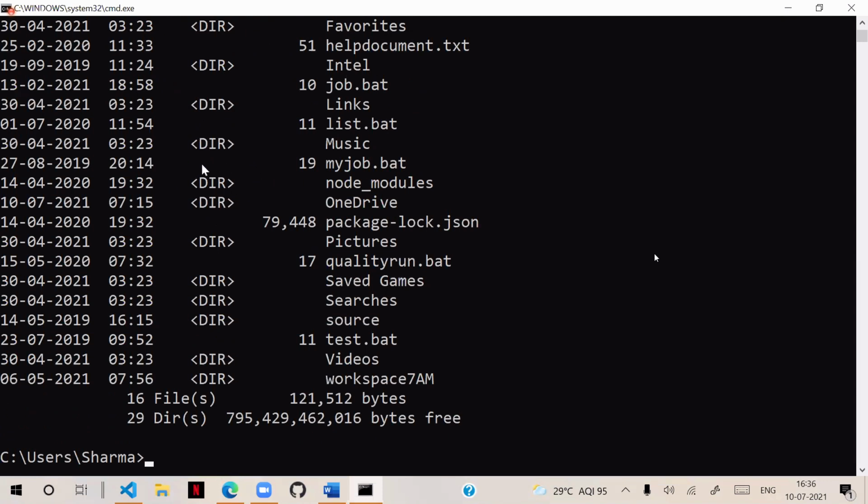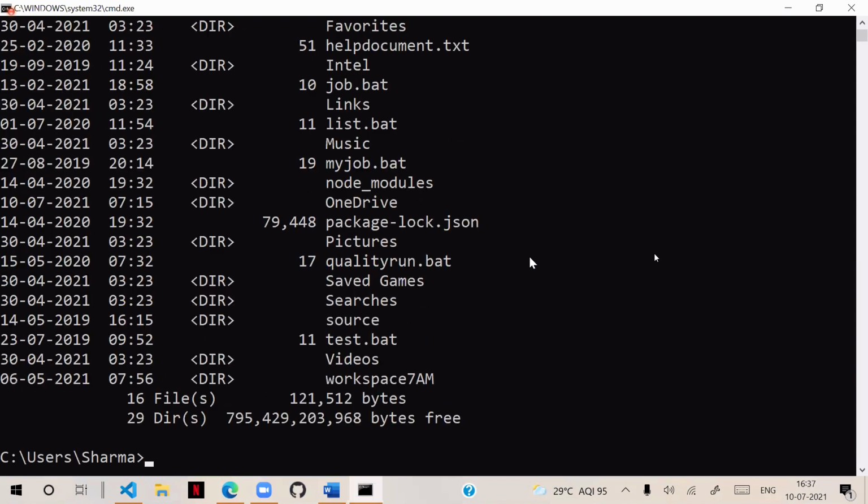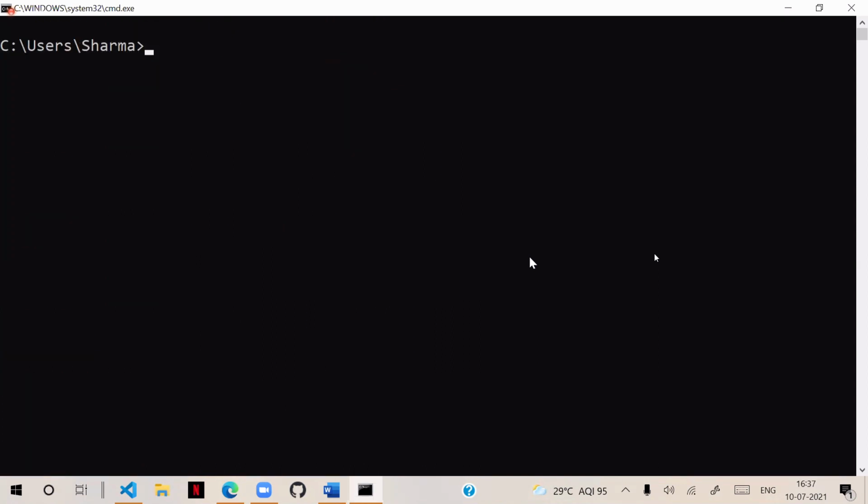So we have some list of files and directories, and it executed that once. I will write dir, it is executing that list. I want this list to execute continuously until I stop it. In that case, if we want to execute continuously until it is stopped, then what I will do is I